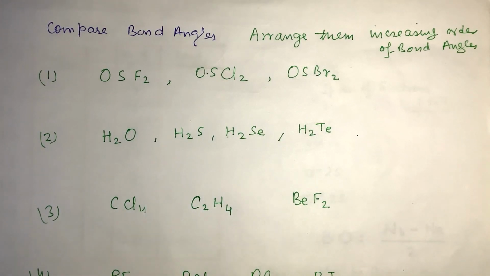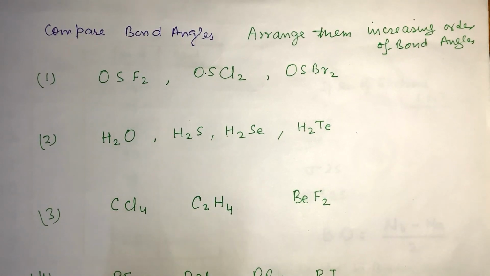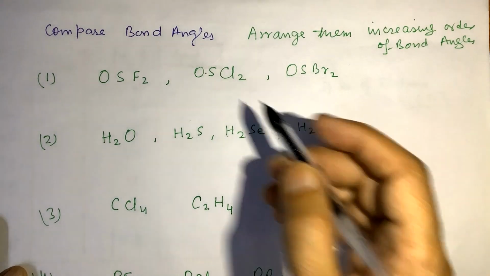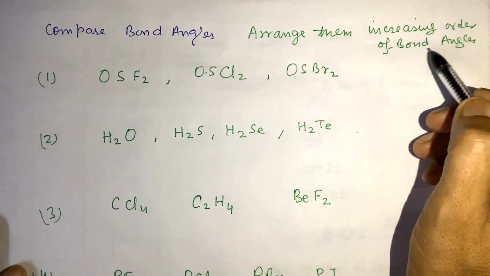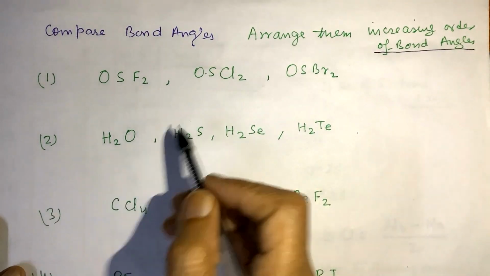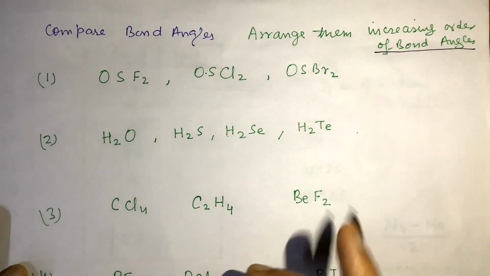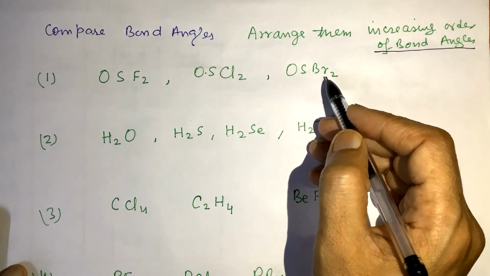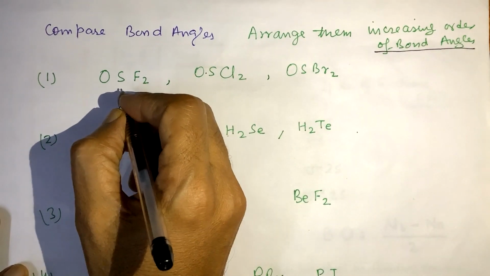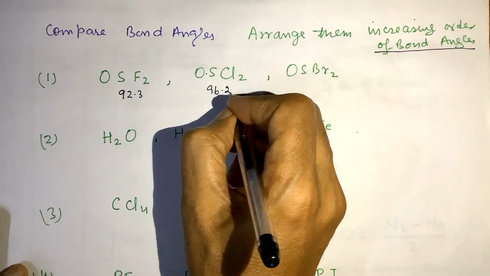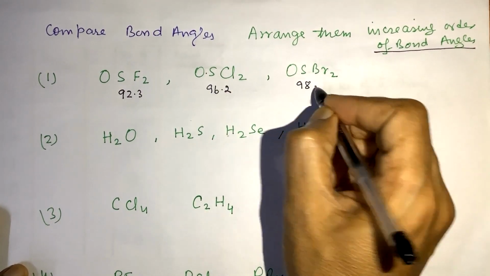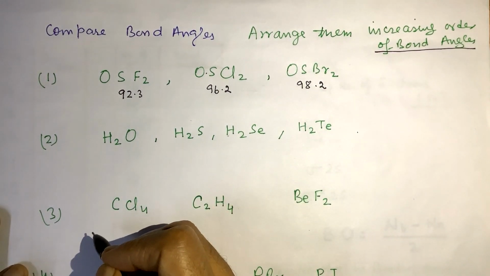In the last lecture, there were some questions for comparing the bond angles, and now we solve these questions. The question was that we are to compare bond angles and arrange them in increasing order of bond angles. So the first question is OSF2, OSCl2, OSBr2. Here the bond angles are 92.3, 96.2 and 98.2. So the correct order is